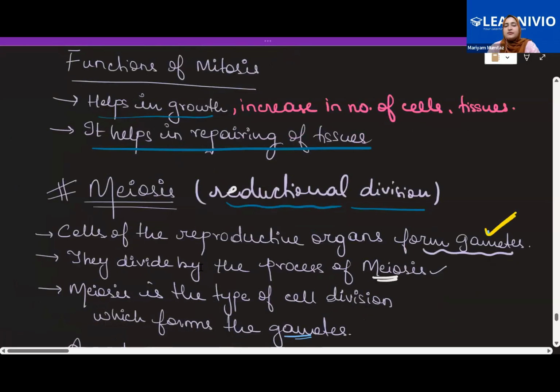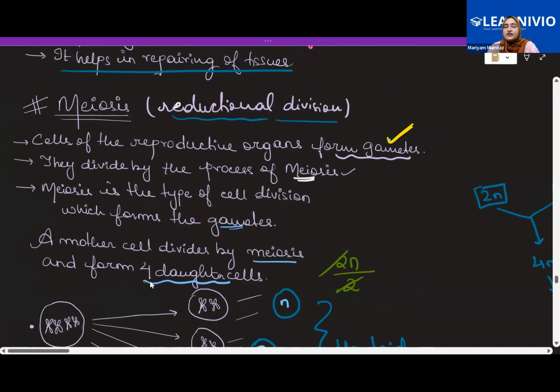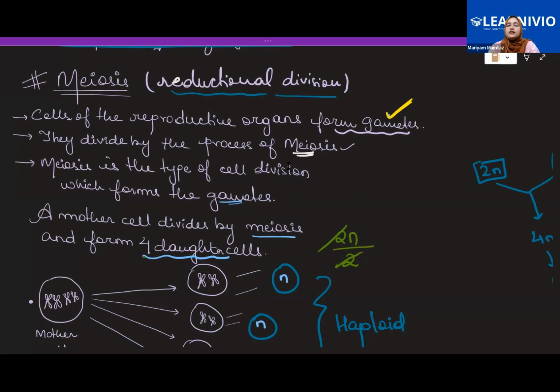After that, there comes meiosis. Now, meiosis is called the reductional division. Why? Because at the end of meiosis,